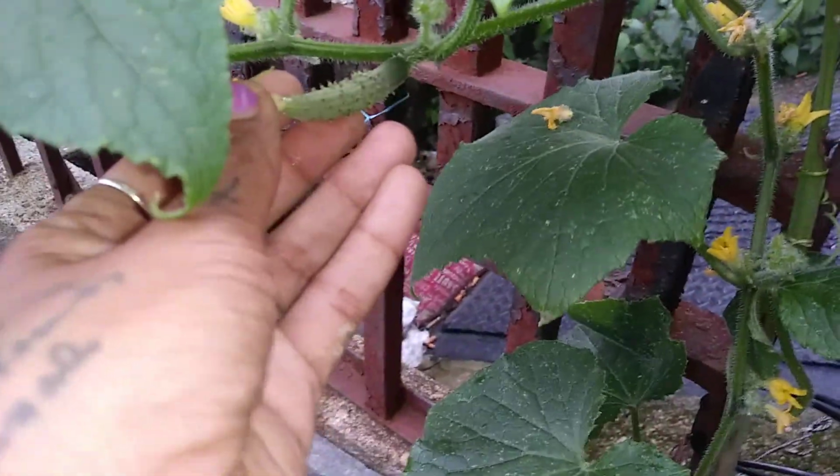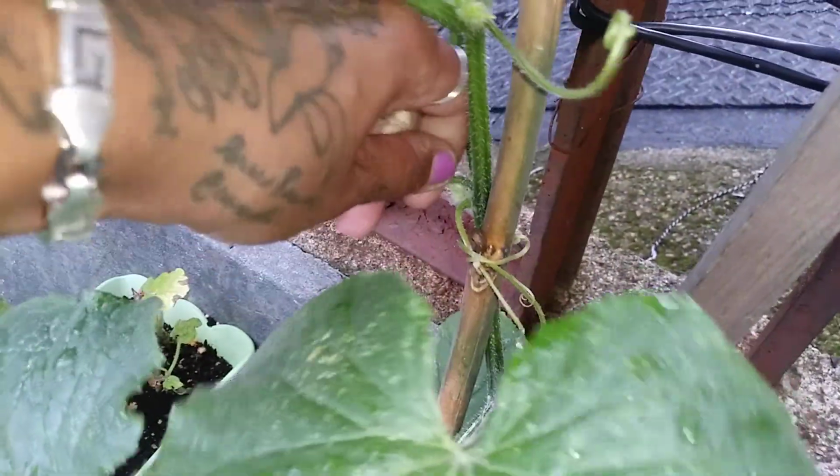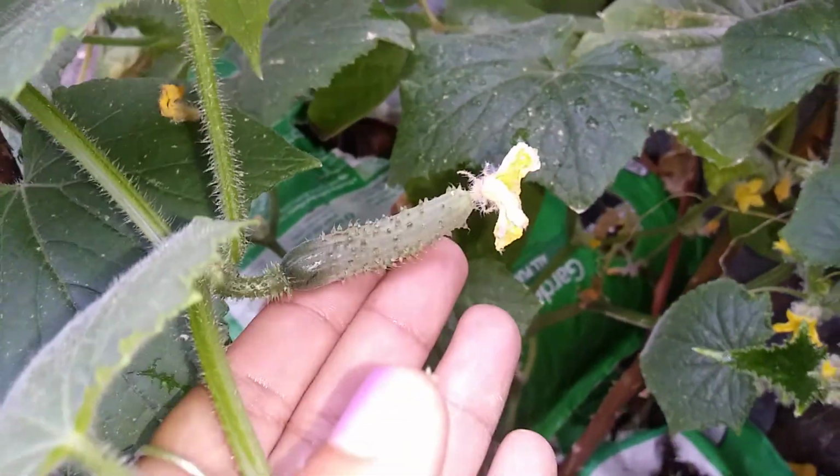I believe there's one somewhere. I picked one the other day. This guy needs to be taken off. Cucumber, that's not gonna make it. We've got one there, one here, and I think that's it for this plant. Another new addition,